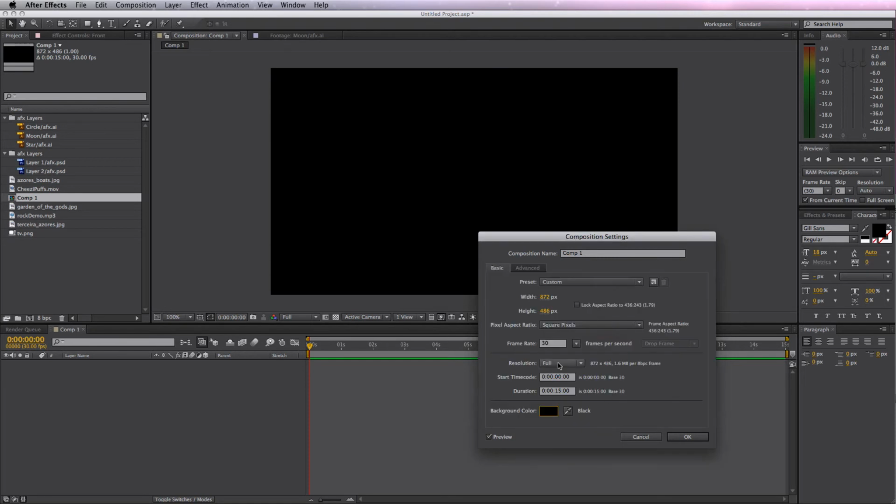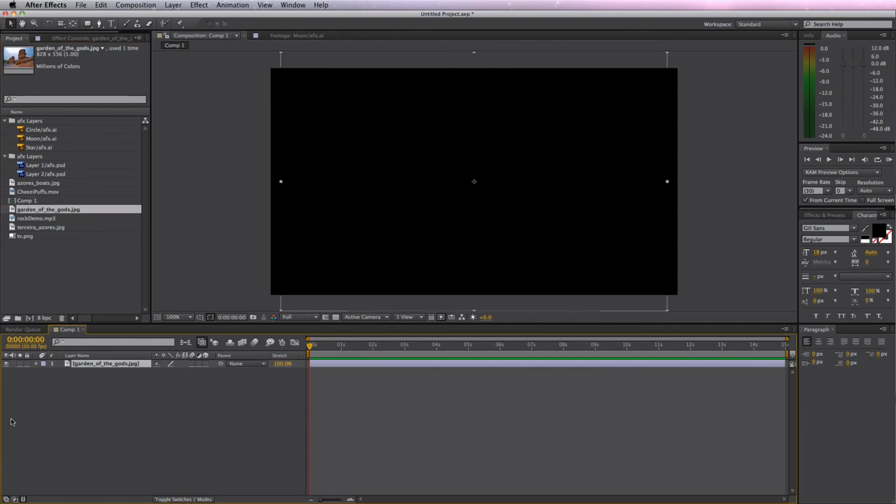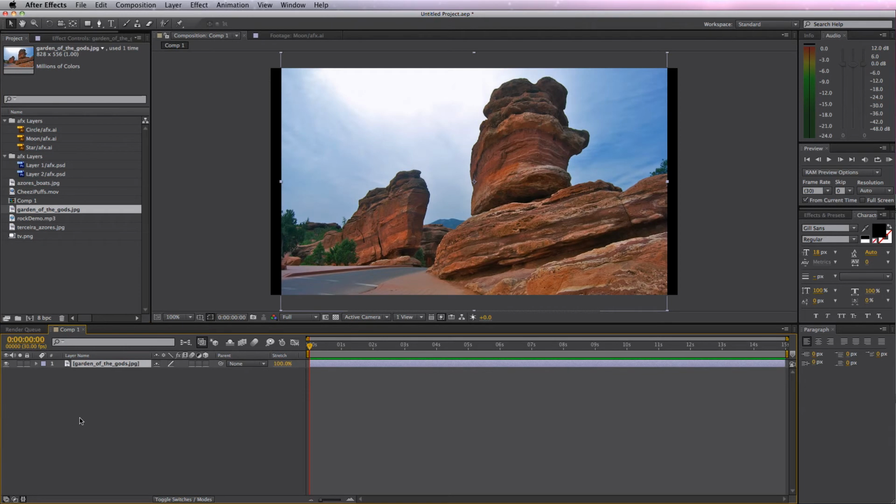I can adjust the time and the size and the resolution and all of that stuff. Now, for my first composition, what I'm going to do is take the 3 JPEGs, and I want to create a fade. I've got 15 seconds, so let's take the first one, Garden of the Gods, and you'll notice it's